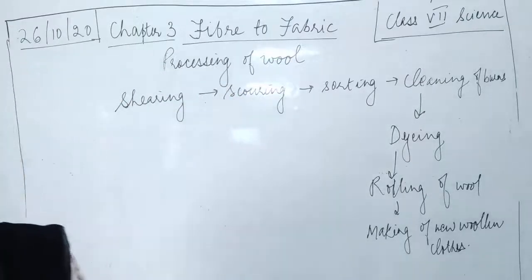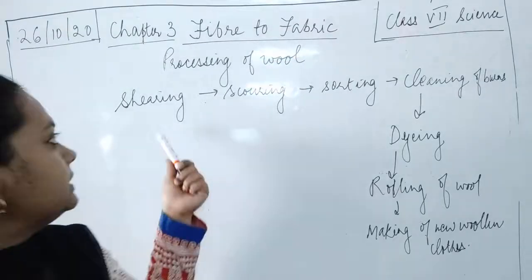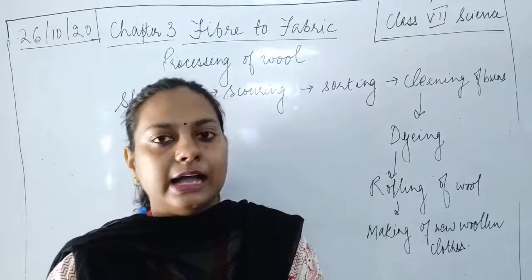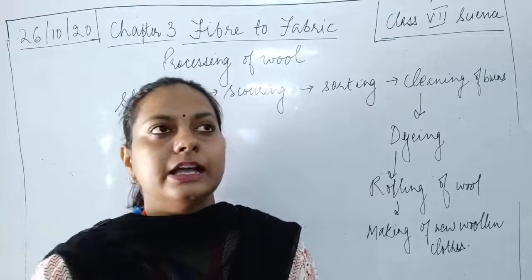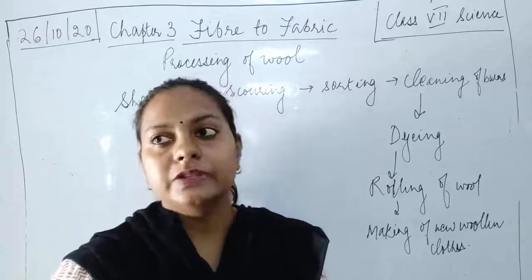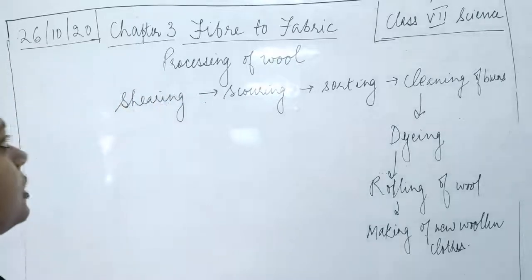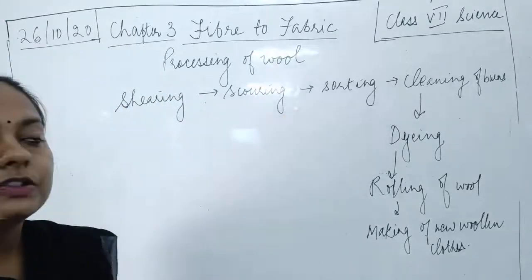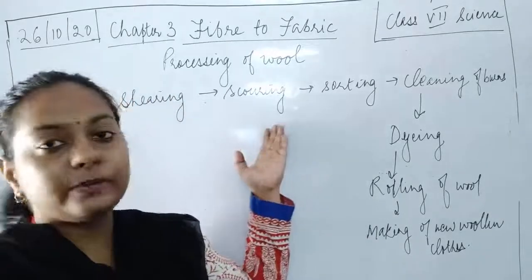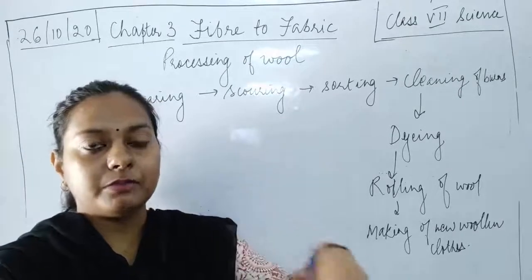Fine. Now the next part is occupational hazards. Occupational hazards means hazards at various steps. See, shearing, scouring, sorting, all these are dealing with the fiber of the animals. Now if the animal is diseased or has certain problems in its skin or in the hair, it is going to transfer that problem to the human beings who are responsible for doing these steps. So it becomes very difficult for the people who are always in contact with these fibers, these materials coming out from the animals itself.